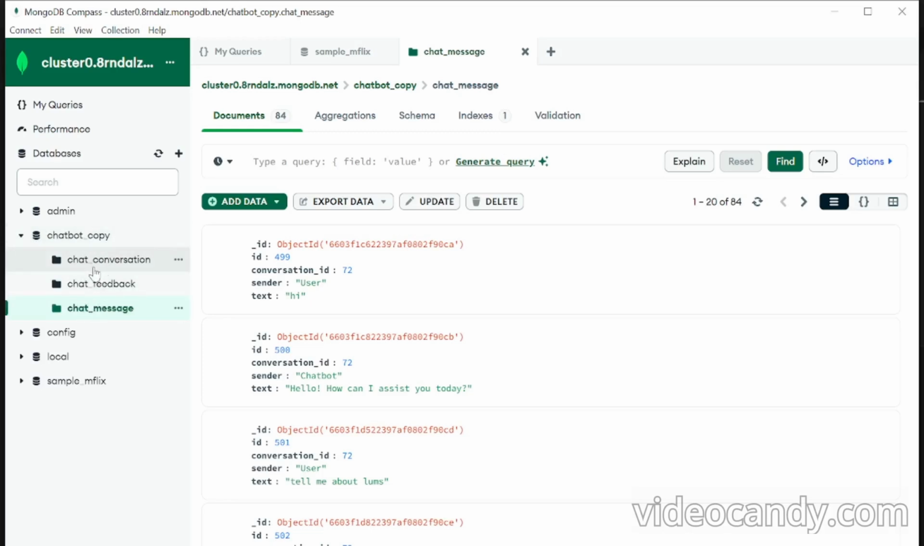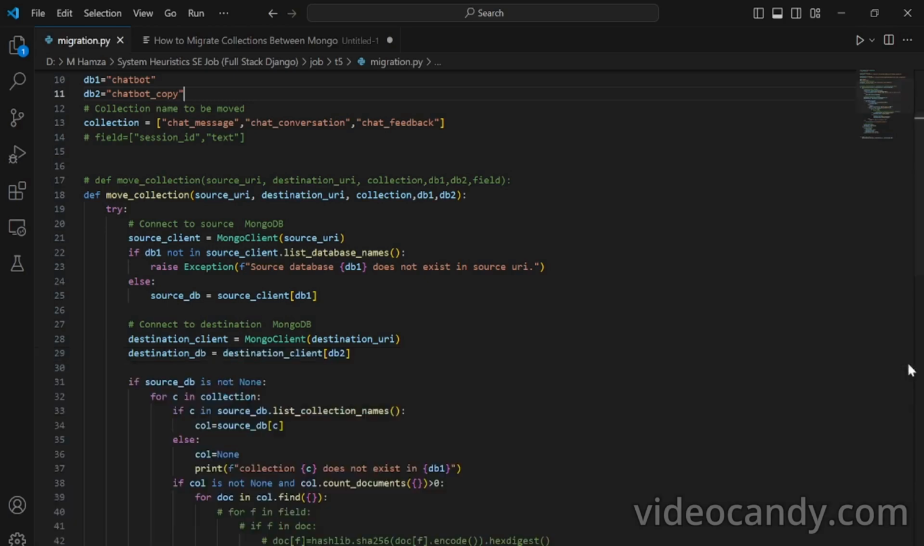So that's the end of this video. We have demonstrated how we can migrate data between MongoDB clusters, and anybody who wants to learn migration between